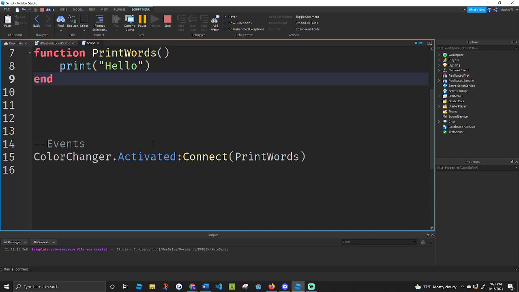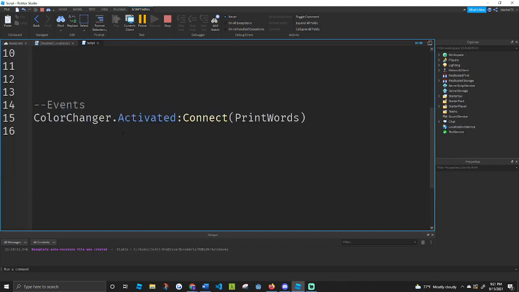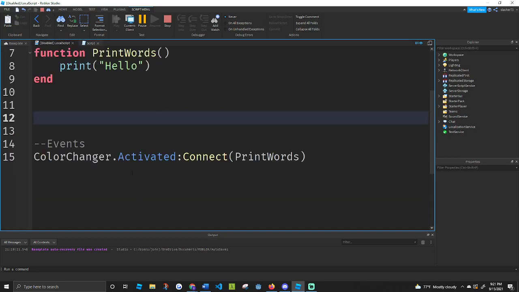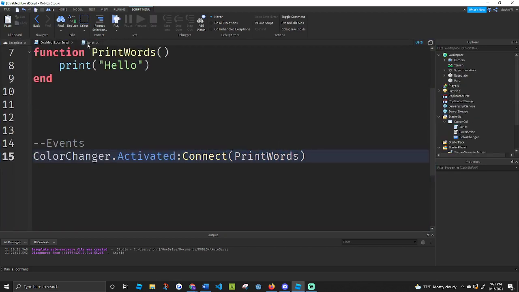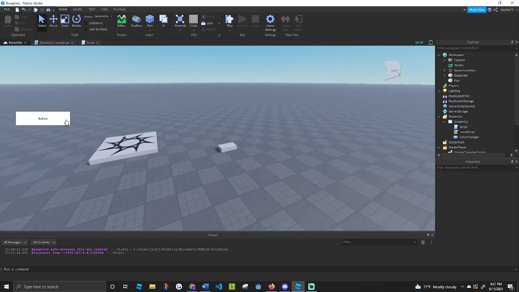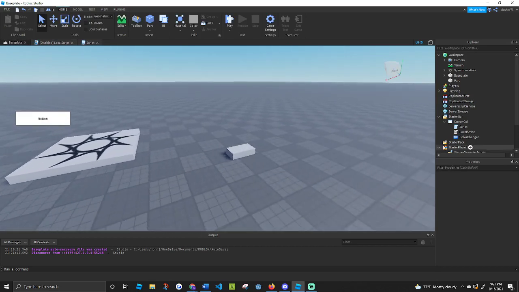So even though I have connected this event to this function on the server, there is no current running through this. There would only be current in the connection on the client. So now that we understand that I can only detect when a screen button is being clicked on the client,